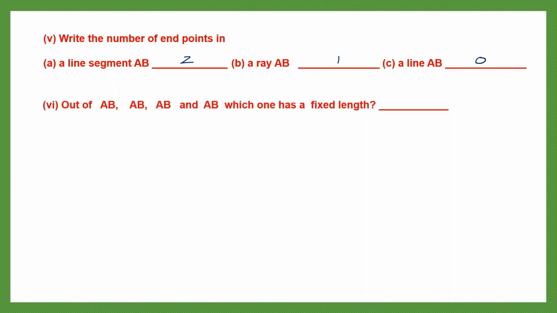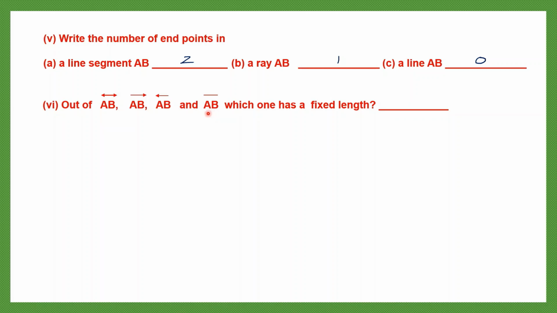Question 6. Out of all these given to us, that is AB is a line because there are two arrowheads. The other AB is a ray because there's one arrowhead. This AB is also a ray. You can see the arrowhead. And this is a line. So we have a line, ray, ray and line